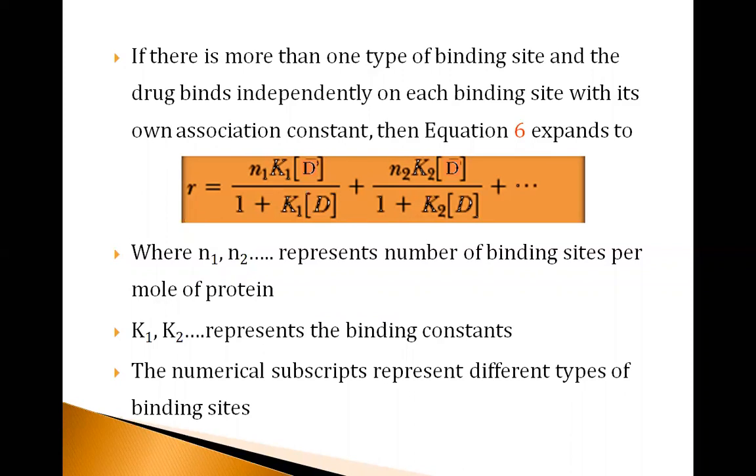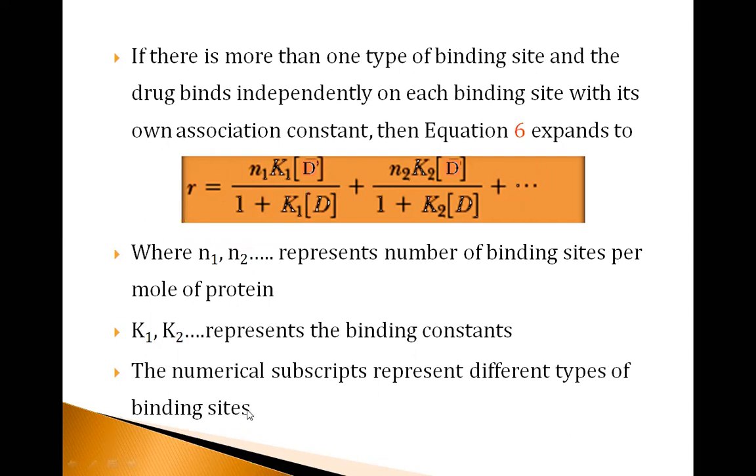Now we are trying to assume that there is a chance that more than one type of protein binding site is present in the protein. Now, in order to represent that in equation form, this is how we are trying to write the equation. In the first case, you can notice that I start adding the subscript 1, 2, 3. So I can start adding like K1, K2, K3.